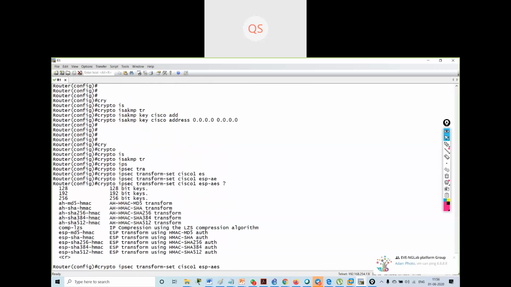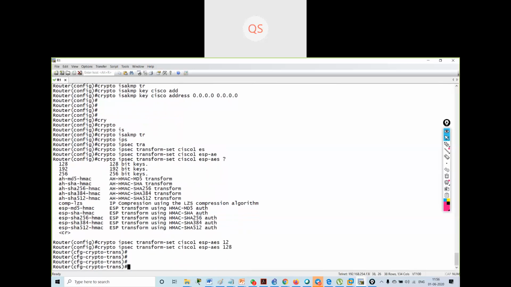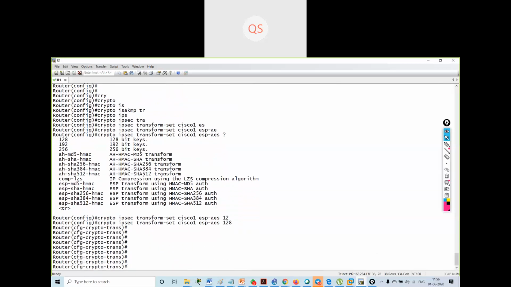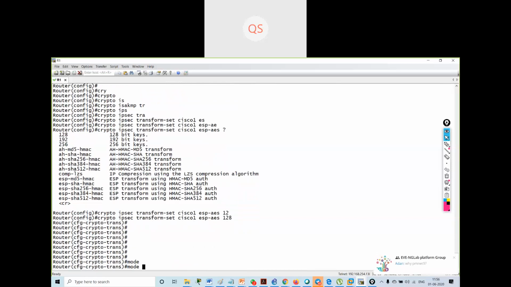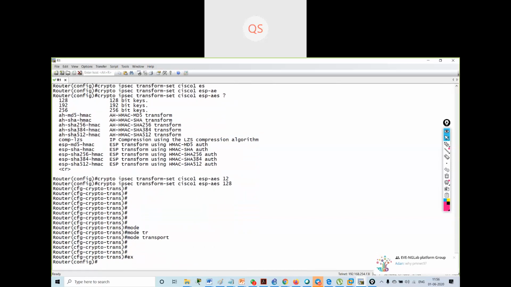ESP AES 128. Use 128-bit encryption. Then mode is transport, exit.